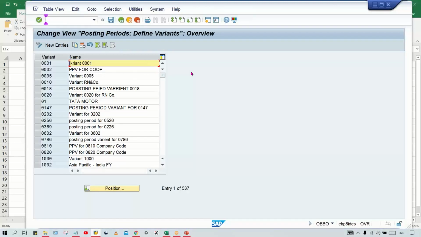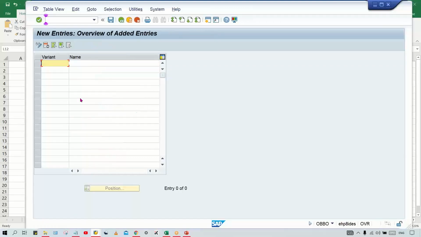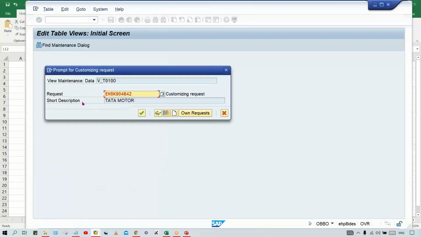Okay. Why? Because from one screen to another screen, if I have to move, then of course we are going to use /n, right? Click on new entry. And here TM33, that is our posting period variant. And here give a description, Tata Motor posting period variant, Control H. So once you save,